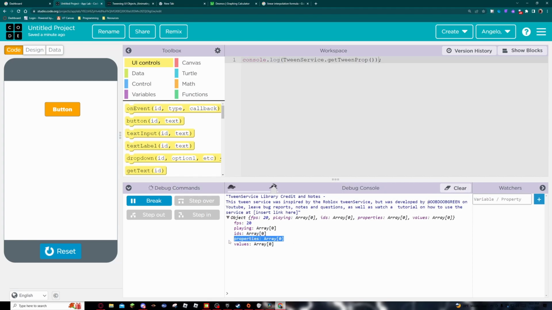Properties is the properties that we're getting tweened. So if I was tweening the width of this, width would be in this array. Values are the final dimension. So if I wanted to make the height 120, 120 would be in this array. So the way you would get that is